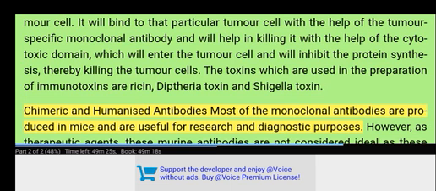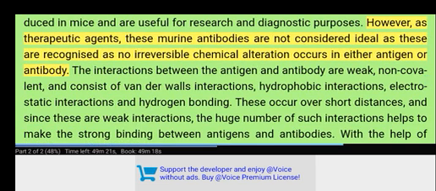Chimeric and humanized antibodies. Most of the monoclonal antibodies are produced in mice and are useful for research and diagnostic purposes. However, as therapeutic agents, these murine antibodies are not considered ideal as these are recognized as